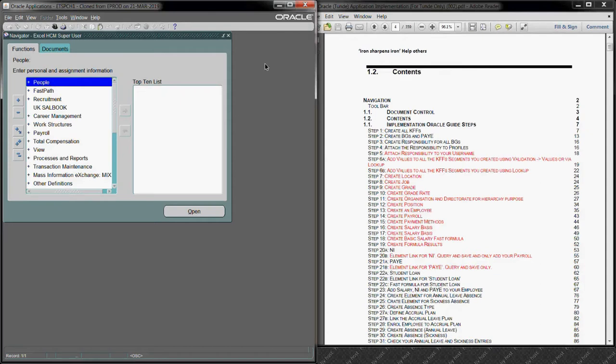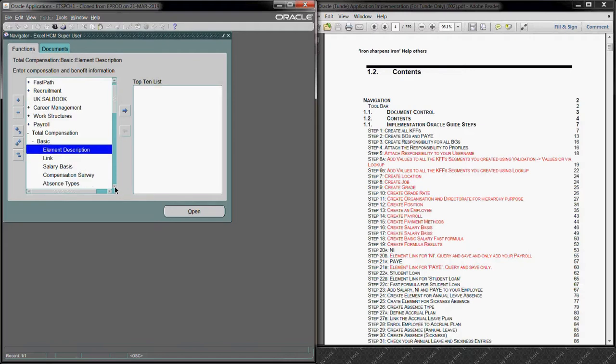A recap on what we did 3-4 weeks ago now. The last entry which we did was to create an annual leave or maybe vacation so that we can assign it to a new hire. So what we did then, if I go to total compensation, if I go to basic, so and if I go to so this navigation which I'm working on is actually on step, if I'm right, yeah,